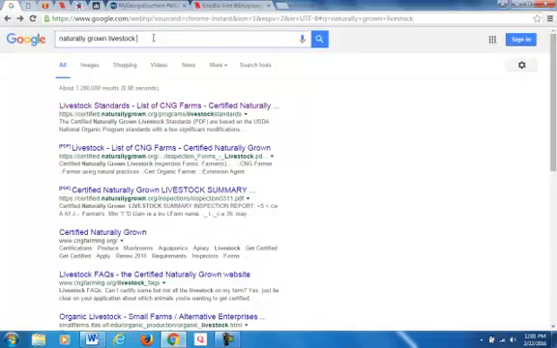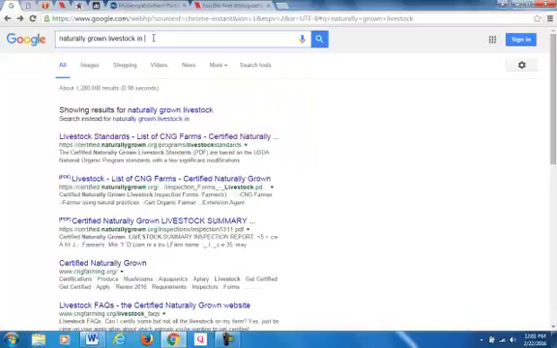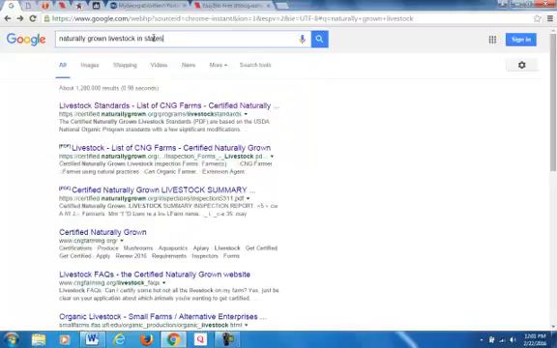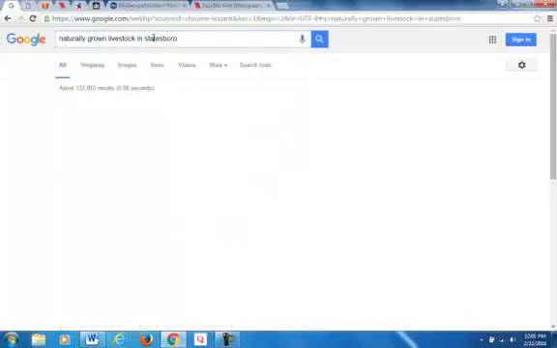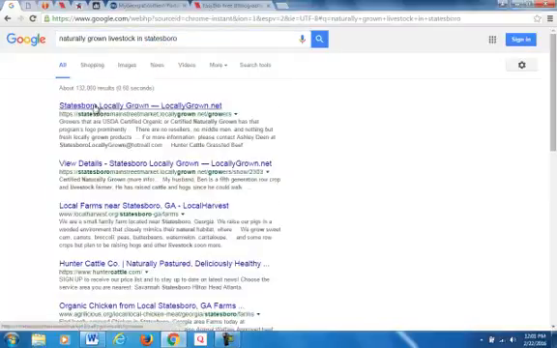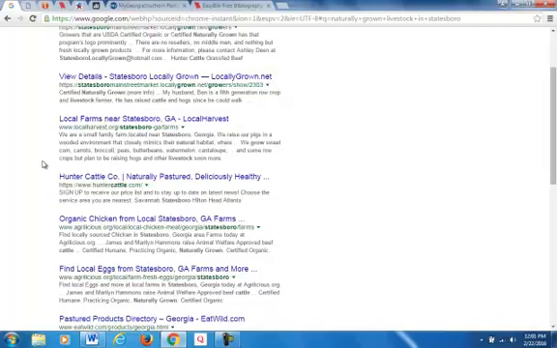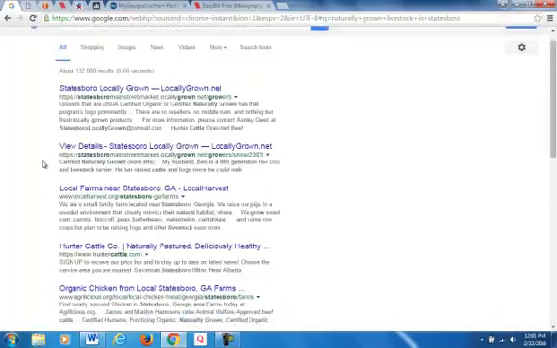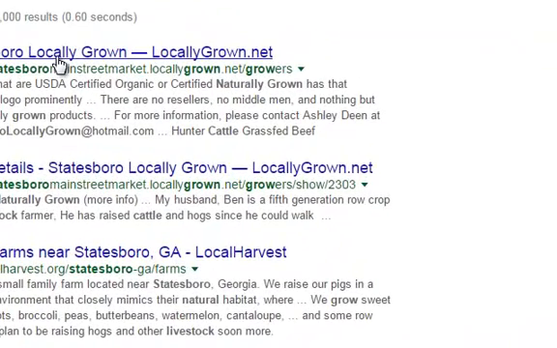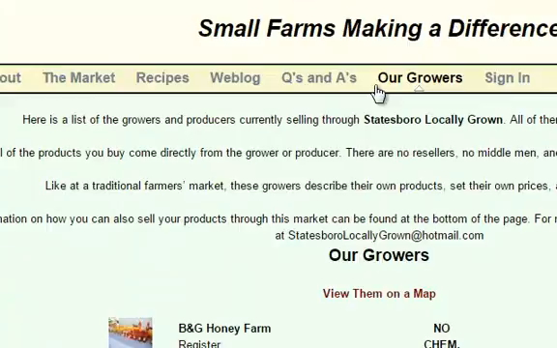So I'd probably try to narrow that down to Statesboro and switch up my search terms and try to find if there is naturally grown livestock in Statesboro and what farms they might be grown on. So the Statesboro Farmers Market pops up, and they basically have a list of all the different farmers that come to them